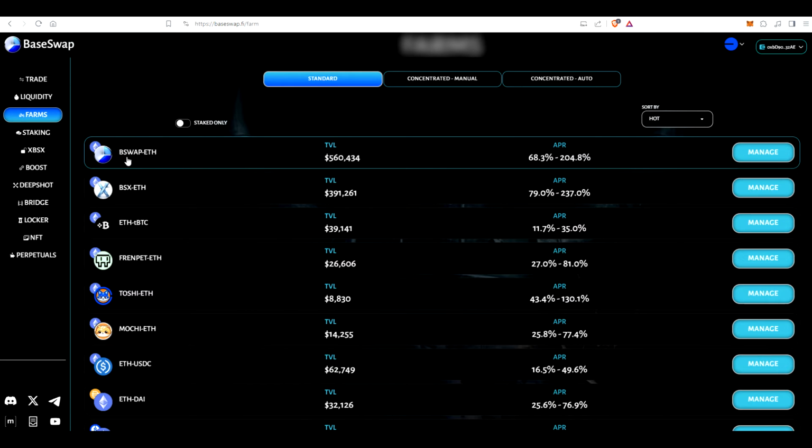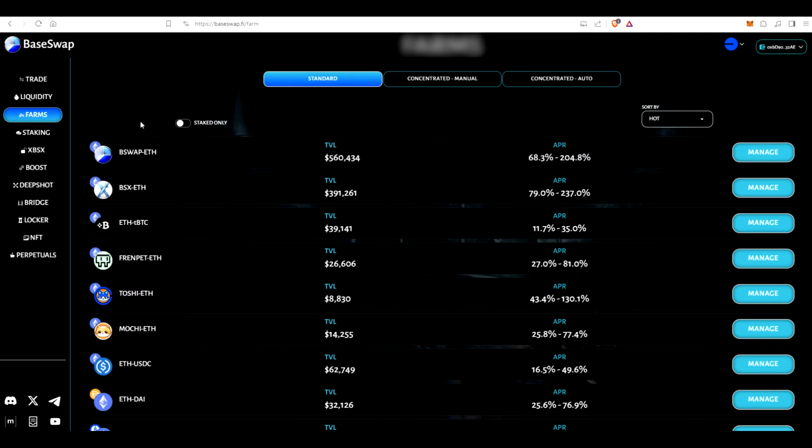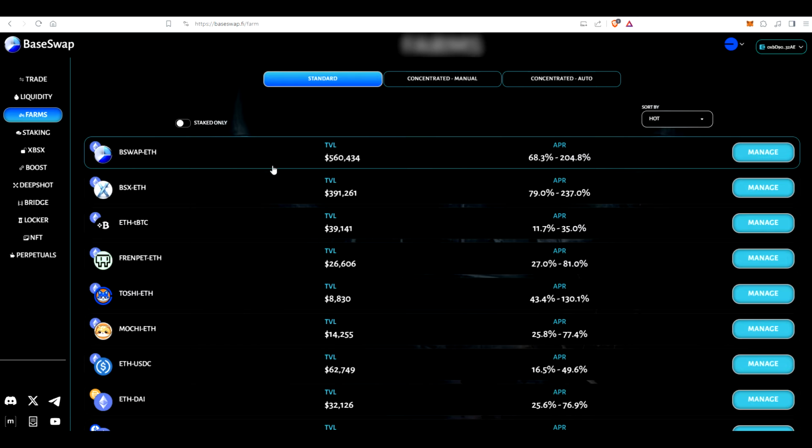For today's example, we're going to pair BSwap with Ethereum. The total value locked in that liquidity pool right now is a little over $500,000 and is paying out between 68% APR or 204%. And the reason that we have a range here and not just one number is because on our DEX, we allow you a few other options to be able to compound those returns. So we're going to just provide the basic liquidity and then put it into farming to earn additional rewards. So we're going to probably be at this